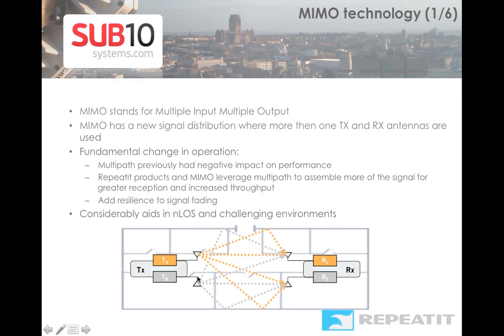You see I have two transmitters and two receivers, and this transmitter is sending one signal, and you see how it can be received. It can go to receiver 1 directly, it can be reflected, and it can also go to receiver 2 directly or reflected. And the algorithm behind it is so clever, or so smart, that it is able to say, okay, these are data which I already have, or these are some noise data,